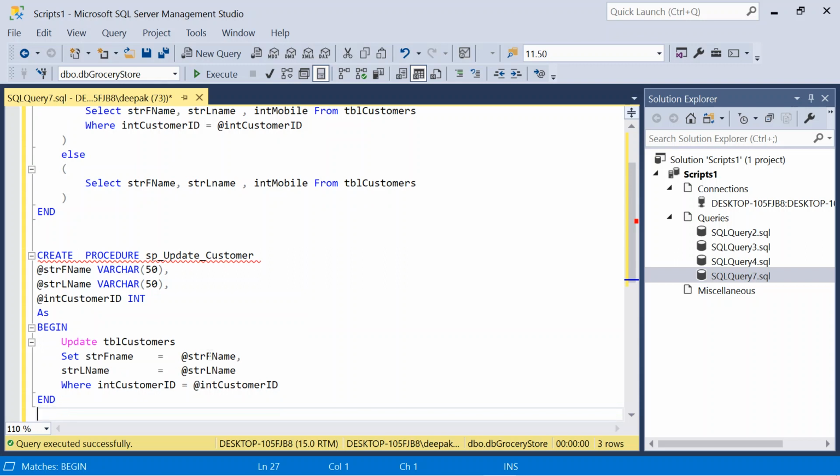So here is the statement. You can add as many fields as you need in the update statement, like mobile number, email, etc. as well.